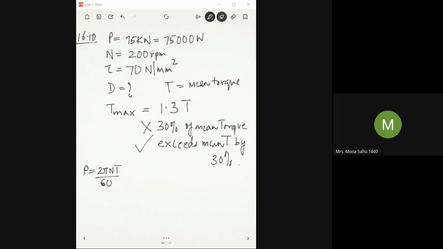So if you substitute the values, 75 into 10 power 3, 2 pi N 200 into T by 60, you will get T as 3580.98. Okay, you can check it up. If you convert this into mm, Newton. So now T max is